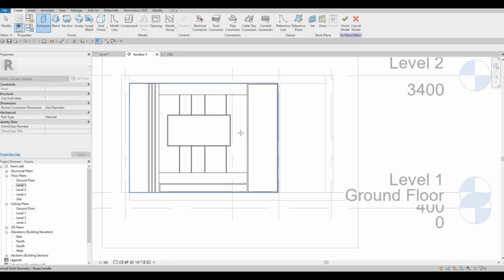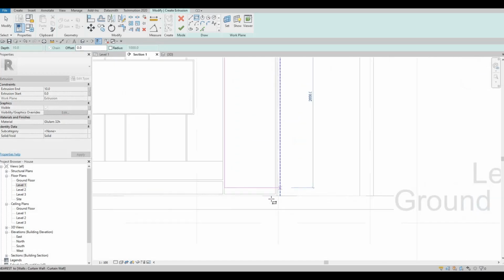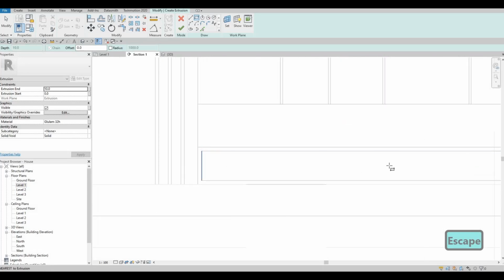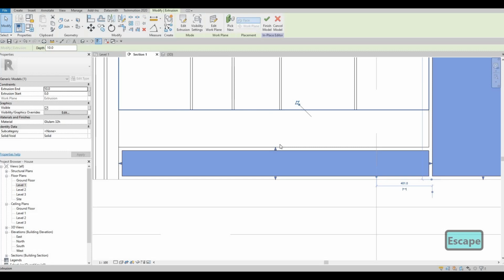Extrusion, pick a plane, select this plane and this one as well. 10. I'm gonna add it right here and then add it on this side. Click finish